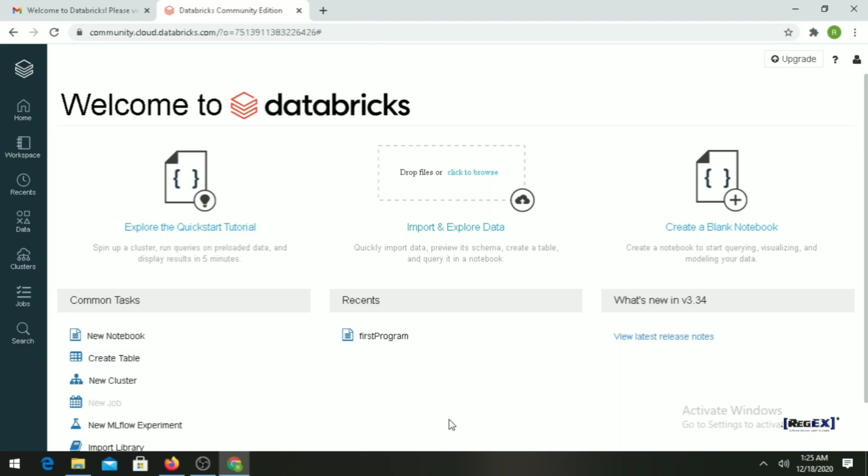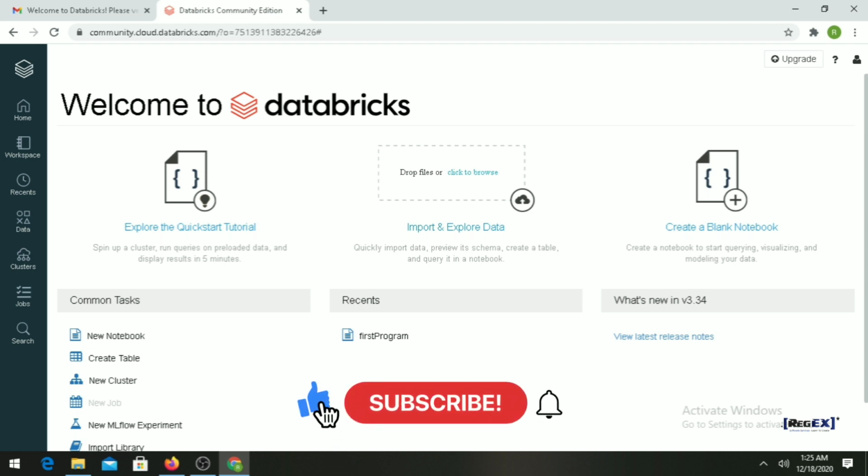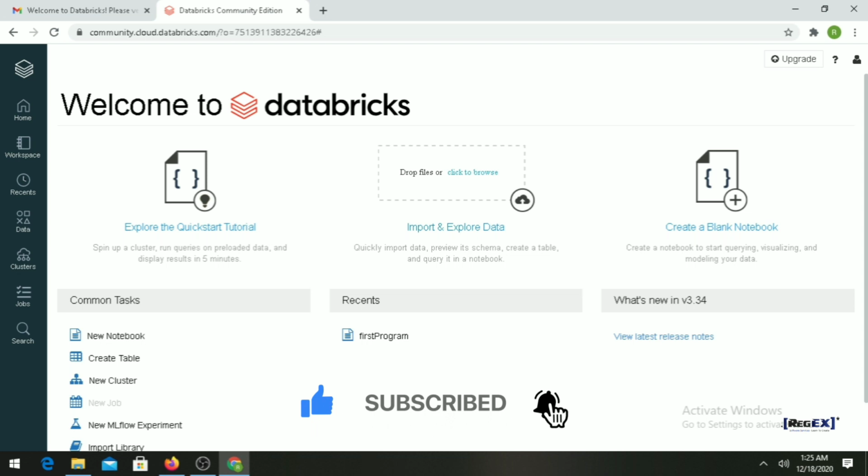Are you looking to run your Spark cluster on a cloud platform? Today we will see how you can run a Spark machine on Databricks. Databricks in the backend uses AWS and Azure to run the Spark cluster. So watch the full video. I will give lots of tips so that you can have a Databricks account and run a Spark cluster for a lifetime.